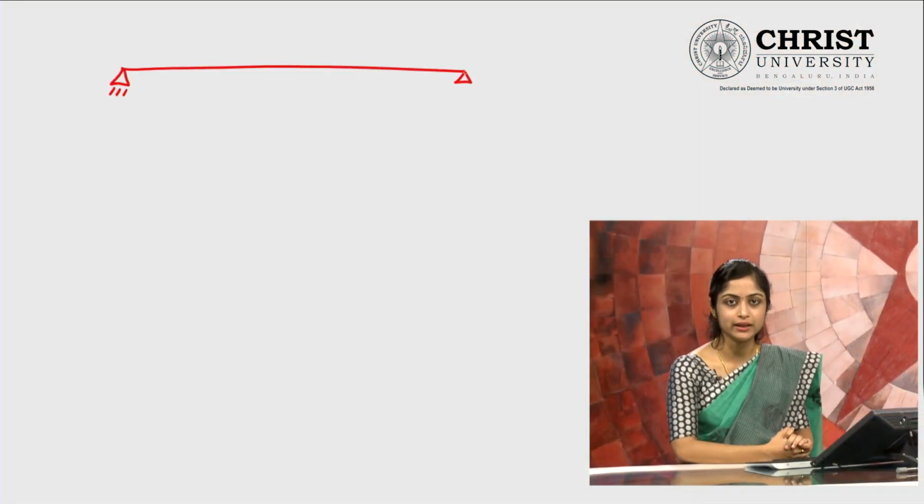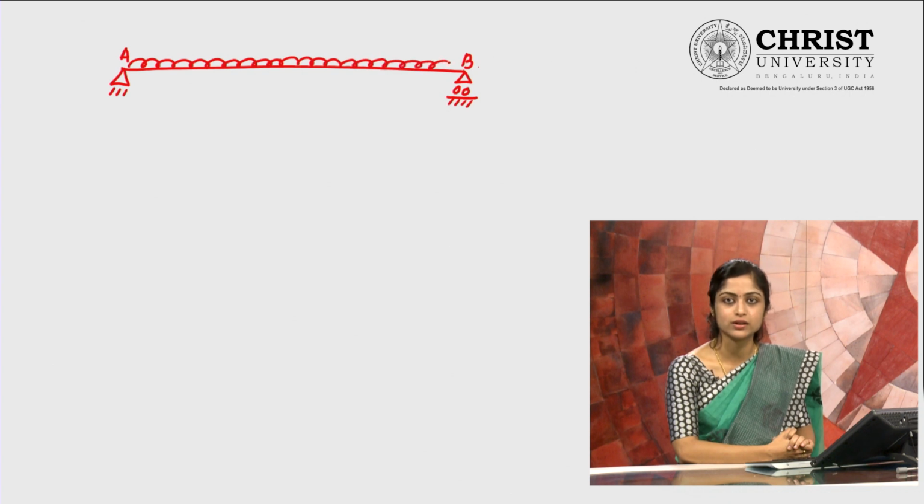The second type of load we are going to discuss is the uniformly distributed load or UDL. Here, the intensity of load acting at every point of the loading span will be uniform or equal. For example, let us take the case of a simply supported beam AB of span 6 meters supported on one end by a hinged support and the other by a roller support, which is loaded uniformly throughout the span. This type of loading is represented as follows.